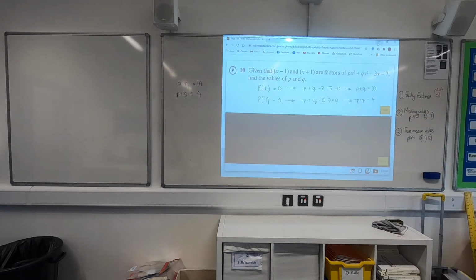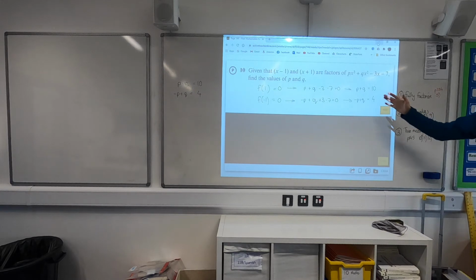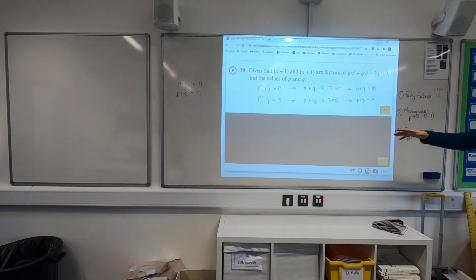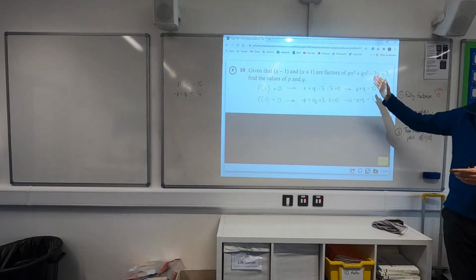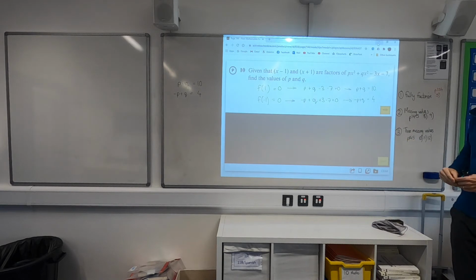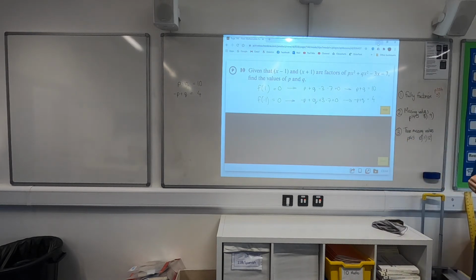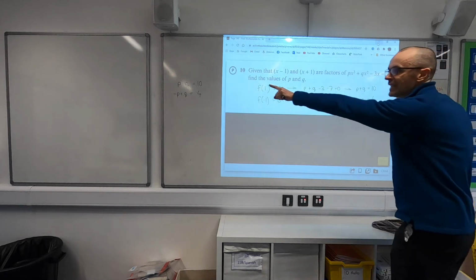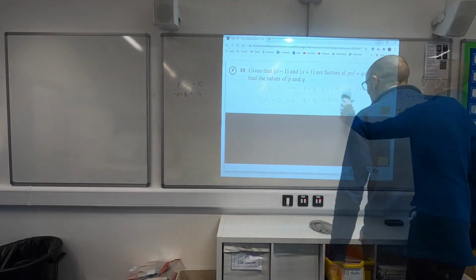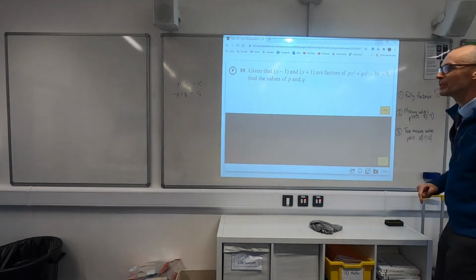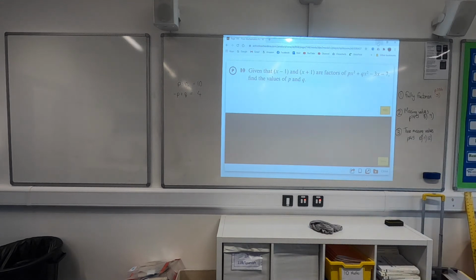So back a year ago I would have solved them using my what's changed method. Some of you might have been adding the two equations to get rid of the p's. You could rearrange one as q equals or p equals and substitute it into the other. Or you could do trial and error because these are quite nice, easy numbers. I mean, don't forget though that your calculator will solve simultaneous equations. I've written them again here. So if I remind you how to use the simultaneous equation solver on your calculator,